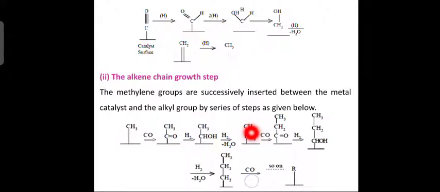CH3CH2, correct? This will combine with carbon monoxide. Once again a CO group is introduced. You can see here CH3CH2 and the CO group introduced. This will once again combine with H2 giving CH3CH2CHOH. This will once again combine with the hydrogen molecule, eliminating the molecule of water, giving CH3CH2CH2. That is nothing but hydrocarbon. This will once again combine with carbon monoxide and a long chain molecule will result. How do you write the general formula? We write the general formula as R.